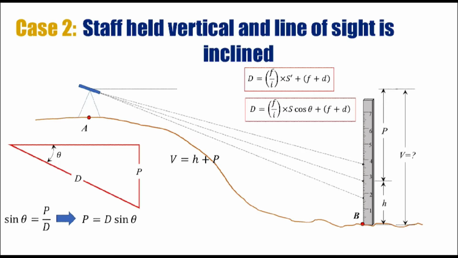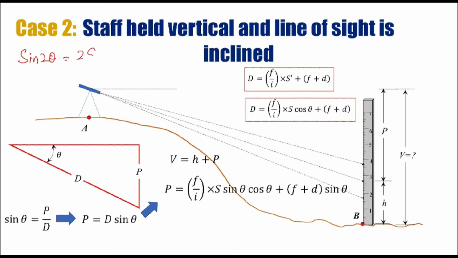Now putting the value of d into the equation of p, we have p is equal to f or I s sine theta cos theta plus f plus d sine theta. Now using a trigonometric relation, sine 2 theta equal to 2 sine theta cos theta,